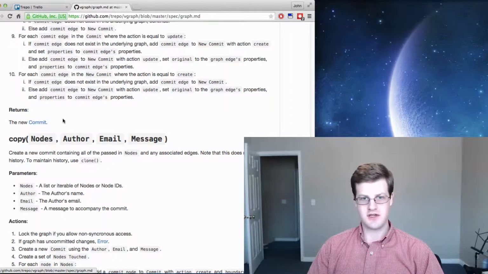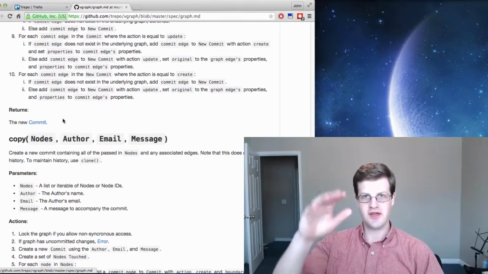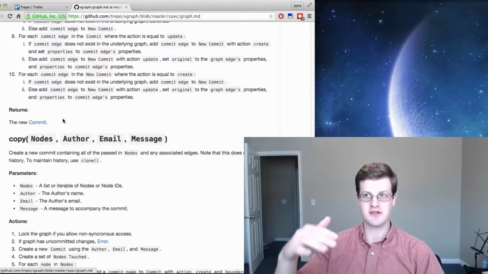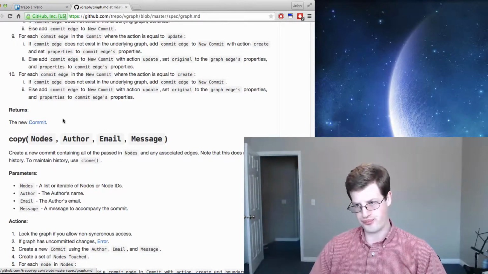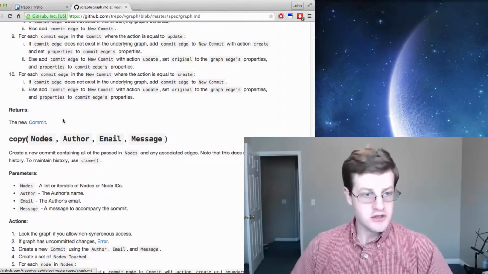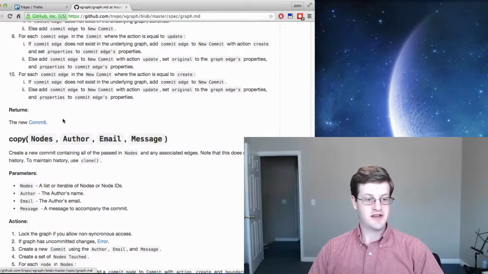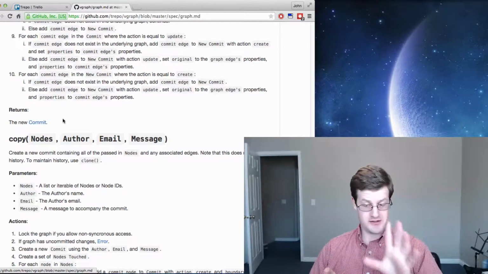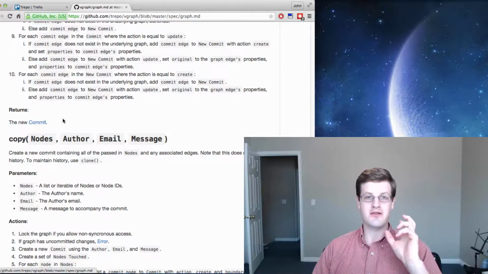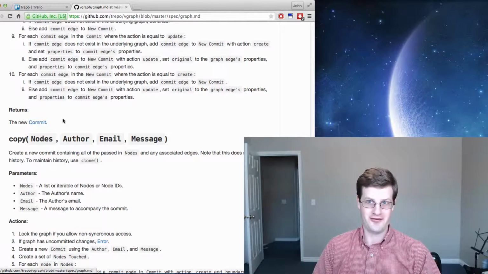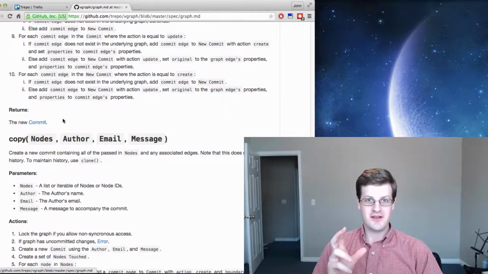You just give a list of nodes, or you say every node, and give me a copy, and everything in the commit is just create actions. Just create this, great, done. So that was really fun. Because of that, there's some significant power there where you can actually do a clone and then do a merge into another graph,